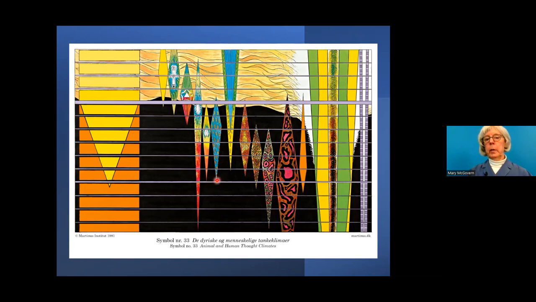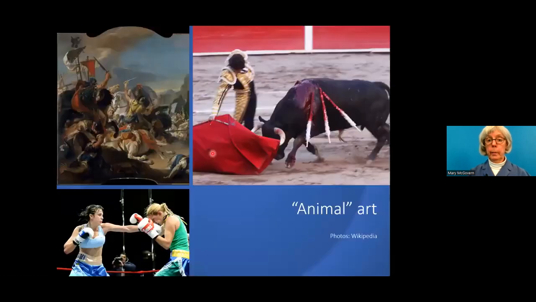And art, Martinus says, reflects the ideals that we have at any point in our existence. And art changes. So he describes 2 kinds of art. There's animal art and real human art. And I'll come to that. So here are some examples of what he calls animal art. And that's where one worships the killing principle as part of entertainment or artistic